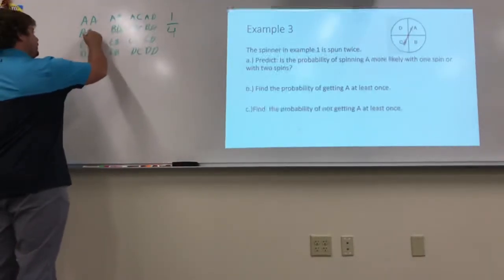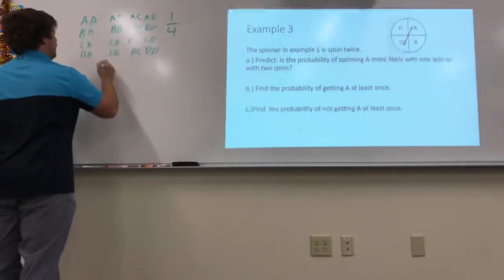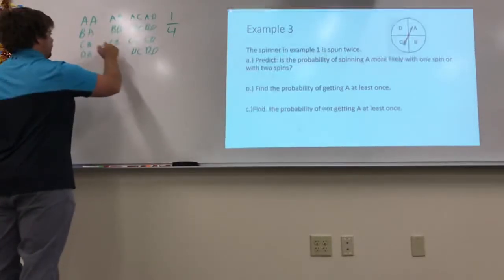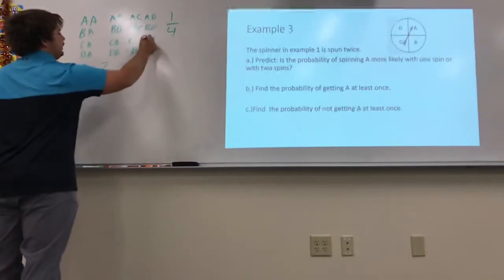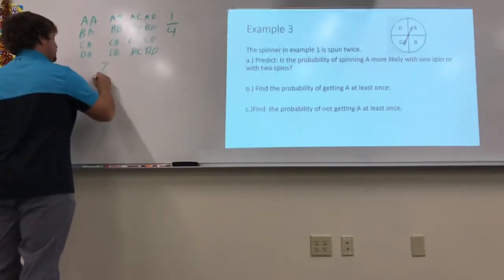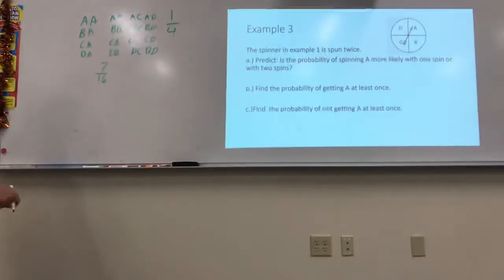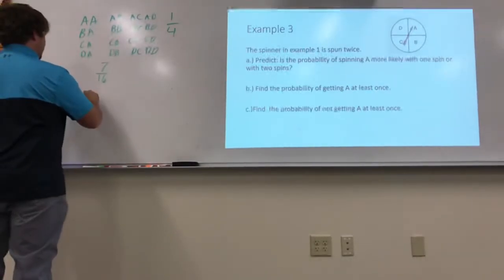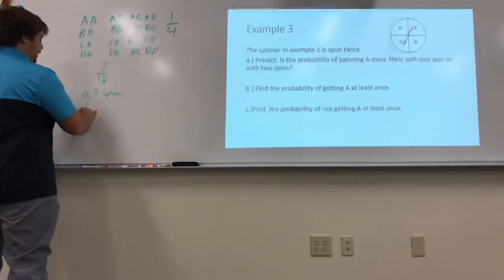Now we have 1, 2, 3, 4, 5, 6, 7. That'll work. Out of 1 through 16 options, we have a 7 out of 16. That one we have 1 and 1/4. So which one would it be? I would say for A, it's probably 2 spins. Okay? On B,